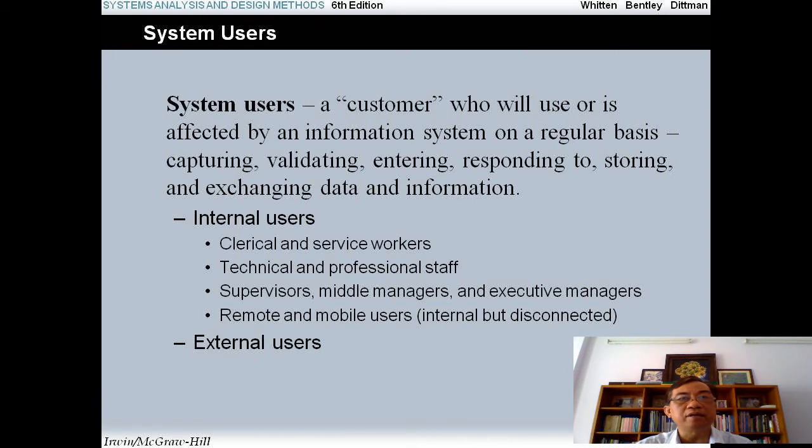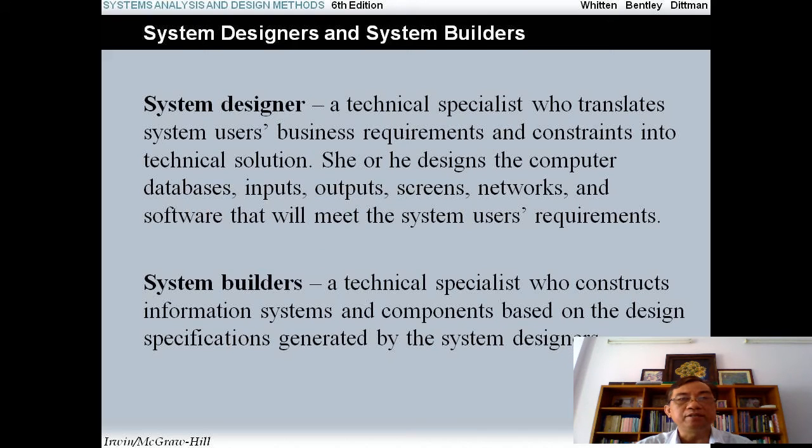Now I go to system designers and system builders. System designers are technical specialists who translate system user business requirements and constraints into technical solutions. She or he designs the computer databases, inputs, outputs, screens, networks, and software that will meet the system user requirements. System builders are technical specialists who construct information systems and components based on the design specifications generated by the